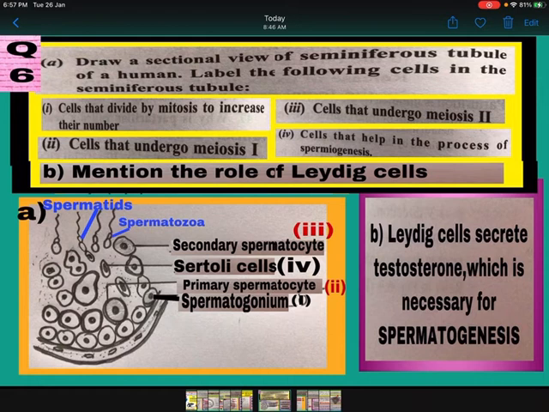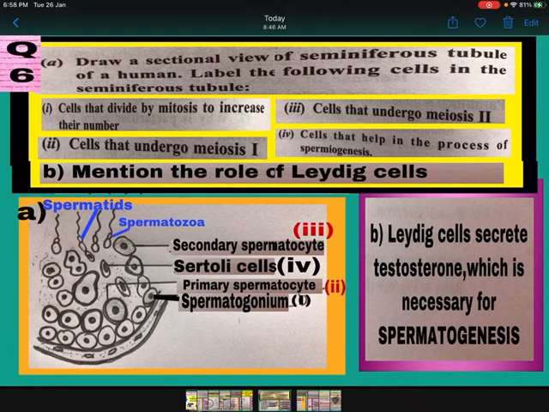Number 2 part of the question: cells that undergo meiosis 1. Label the next layer of cells. These are primary spermatocytes. See the labeling number 2 in the diagram, in which meiosis 1 occurs and they form secondary spermatocytes. Part 3 of the question: